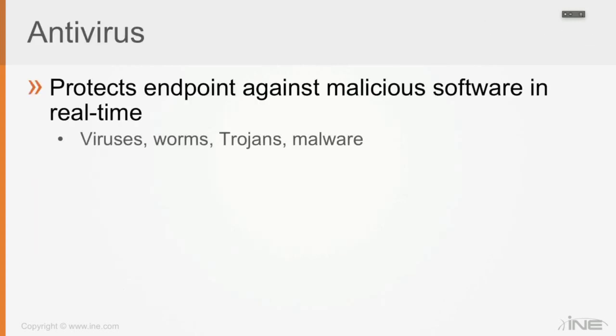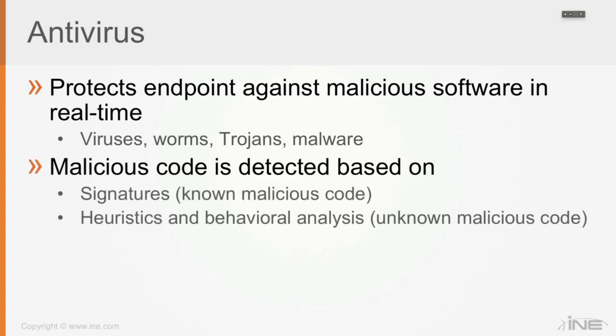Antivirus, as the name says, is going to protect against viruses, but of course viruses have different forms: viruses, worms, trojans, malware. So pretty much a lot of types of malicious code are going to fall under the category of antivirus. And those antivirus engines detect malicious code based on either signatures, so that's going to be for known malicious traffic, or based on heuristic and behavior analysis, which is used in order to detect unknown malicious traffic or